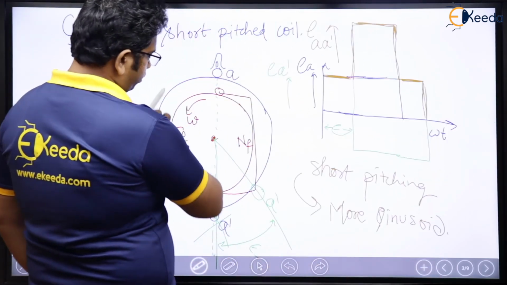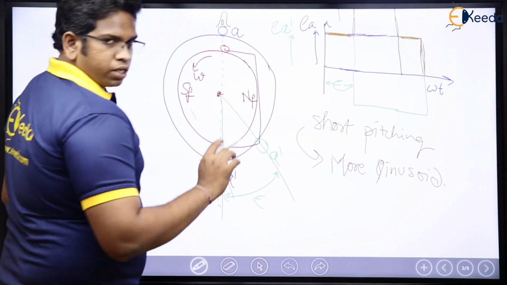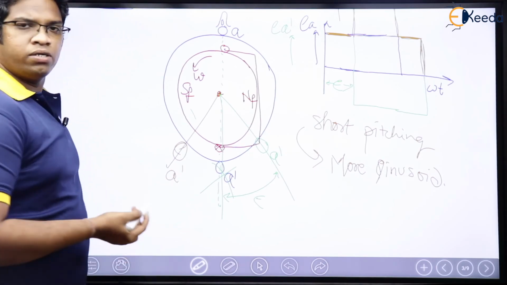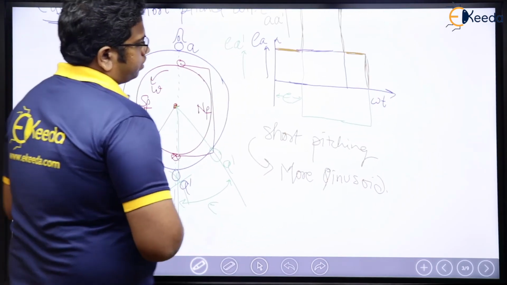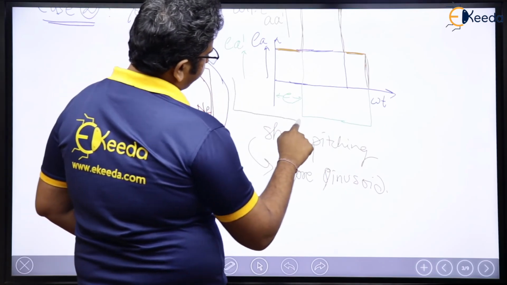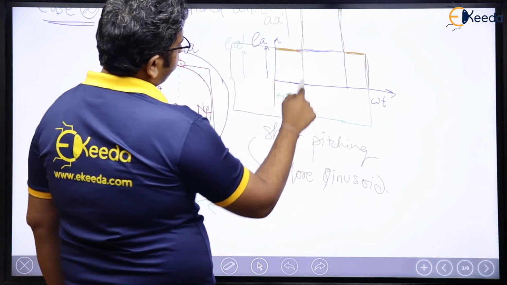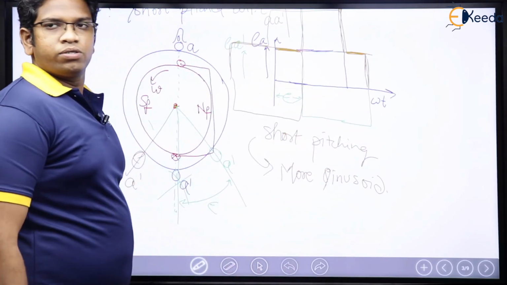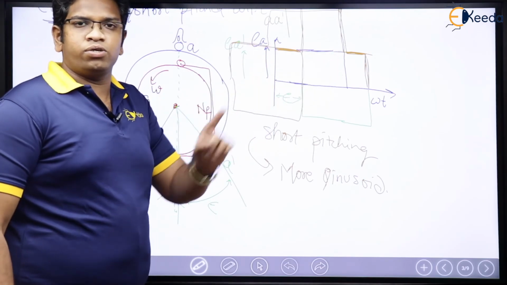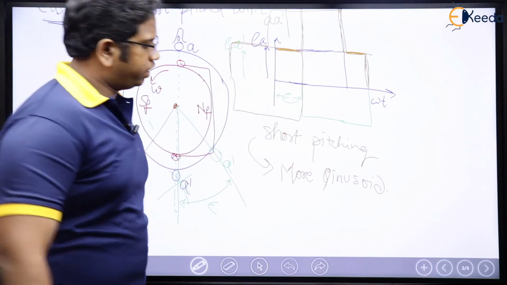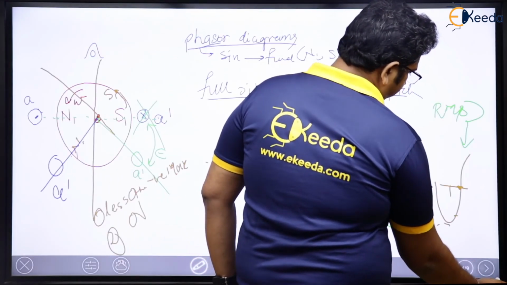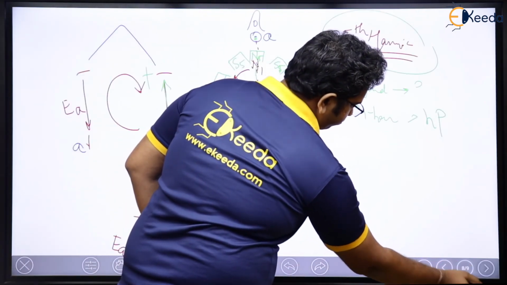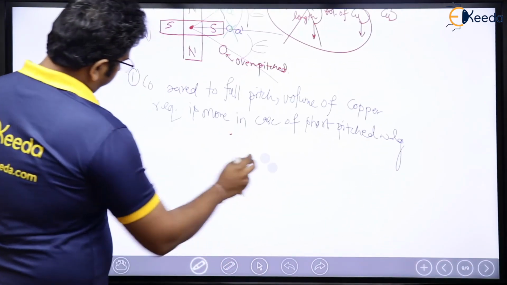See here where it is gone. Yes, this is better. Even if my A dash was here, then what would have happened? Rather than this one, I would have got here, which means if I flip it here, I would have got this, which means again I would have got a stepped wave like this. So even if it is here or there, you will have a stepped wave only, right? Now see here, very simple. So moral of the story is very simple.